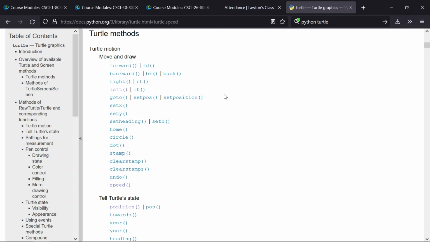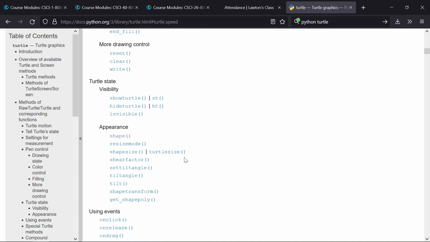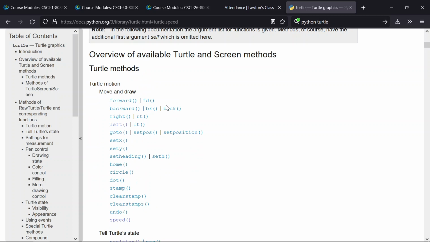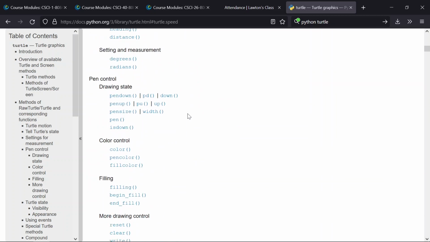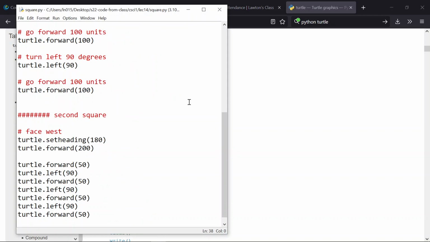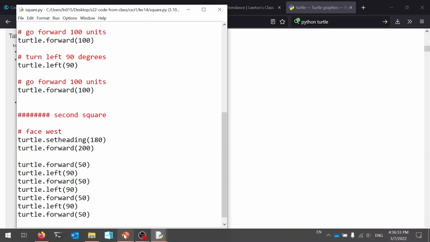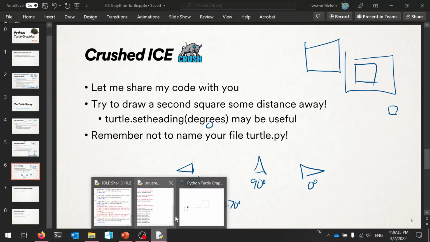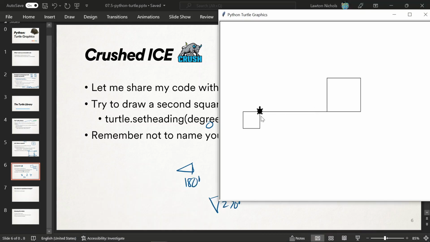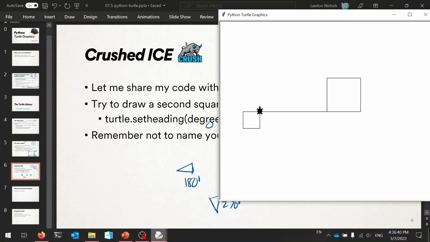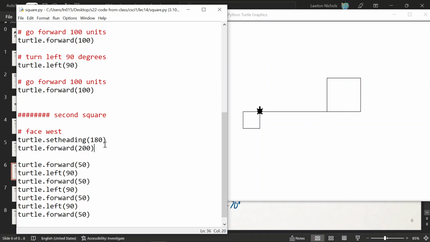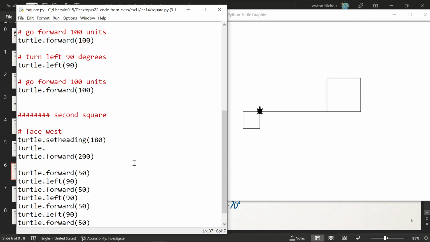How do we ask the turtle to pick his tail up? Did we find that function anywhere? There you go, here it is. Drawing state. You have pen down, or PD, or down, or pen up, PU, or up. I don't know, let's just say up. And so when we move the turtle from the big square to the smaller square, like from here to here, that was that 200. Move by 200, please. And so before this happens, if we just ask the turtle to pick his tail up,